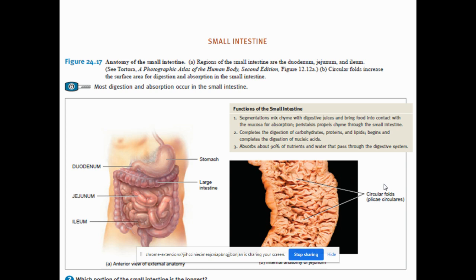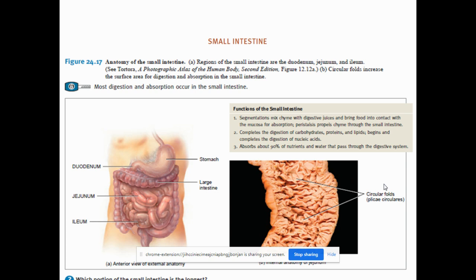Now, the digestive system, as you all know, consists of various parts. So, the intestine follows the stomach. Immediately after the stomach, you have the small intestine, and it is divided into three regions. What are the three regions of the small intestine? As you can see in the picture, it is divided into duodenum, jejunum, and ileum.